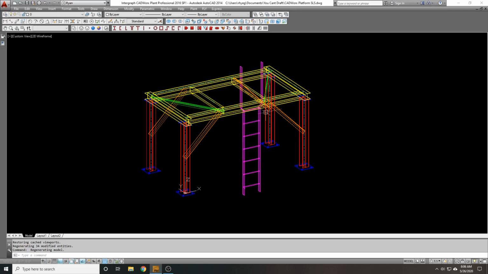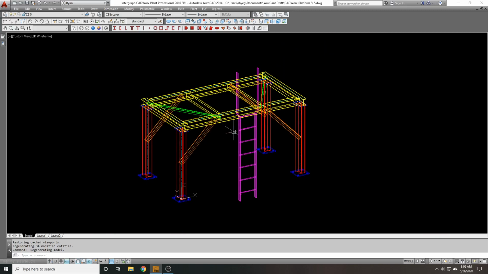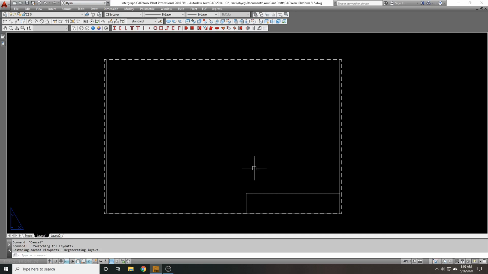I would say that one thing you definitely need layer management for, you can have all your steel on the same layer except for your bracing, your horizontal bracing and your vertical bracing. And I'm going to show you why in a little bit. So what I've done, I don't have a personal title block, just a company title block, and I didn't want to use that. So I kind of simulated what you might see. I've got a border and I've got a simulated title block here,